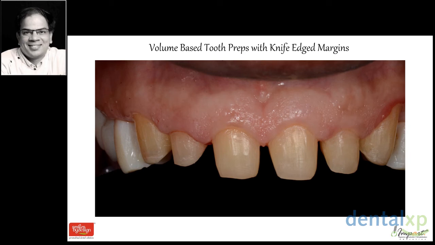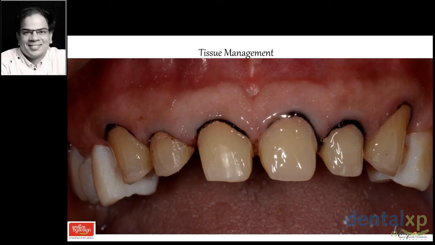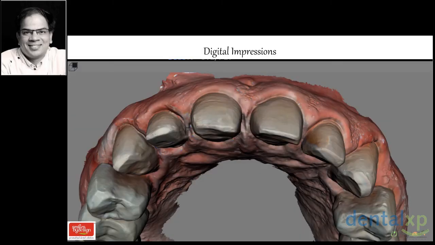Then we go ahead with tissue management, and we prefer to use cords impregnated with buffered aluminum chloride, and then go ahead and take a digital impression for all these restorations. You could also take an analog impression. The end result would be the same, it's just that the process would be a little more cumbersome. This is a neater way of doing things, and as time goes by, I'm sure this will also be more accurate, because the shrinkage of the impression material and the expansion of the stone cast all get eliminated here. That's my clearance for the upper arch, upper anterior teeth.